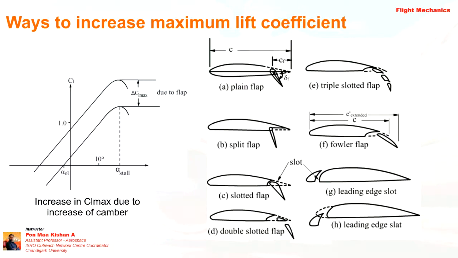But if we are using the flap with 10 degrees or more than 10 degrees, what will happen? The vortex generation will be high at the trailing edge, and the drag will be increased. That's why during takeoff they use 5 degrees to increase the lift. During landing, they will deflect the flap to more than 10 degrees so that it will increase the drag and the aircraft can stop within a shorter runway. Okay, so that is the advantage of flap, right?